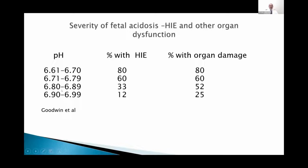HIE. And if you have 6.8 to 6.89, 33%. 6.7 to 6.79, so this is a very low pH really. Even there, not all babies develop HIE. And as you go down, then the risk of multi-system involvement happens as well, because it's a persistent acidosis and it affects all the organs. So the correlation, the diving reflex doesn't protect beyond a certain time, because it's an indication of how long the